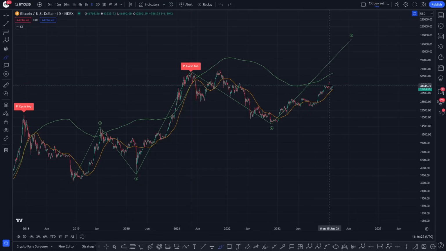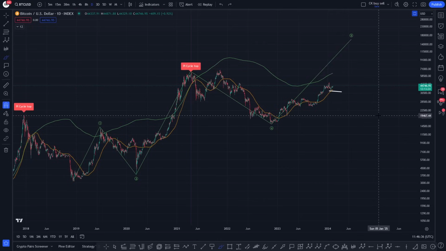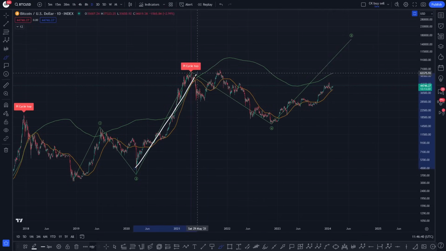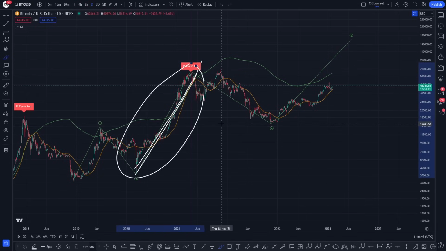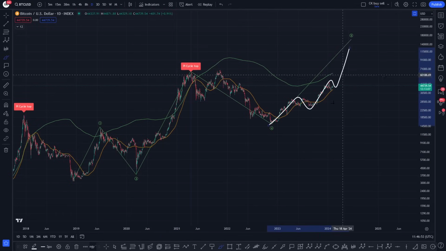So right now, for me to get really, really bullish on Bitcoin, we need to see that high broken, because I think if we start to see that high broken before the loss of this low, we are still in this 3rd wave. Now within this 3rd wave here, we are doing exactly what we did prior in this big 3rd wave. Take a look at that. We've got this massive, beautiful upthrust here for Bitcoin, which in my opinion was the 3rd wave. Look at the verticalness of it. Within that, we've got subsets of waves within the wave 3 as well, just like we've got subsets of waves within this last wave here for Bitcoin.